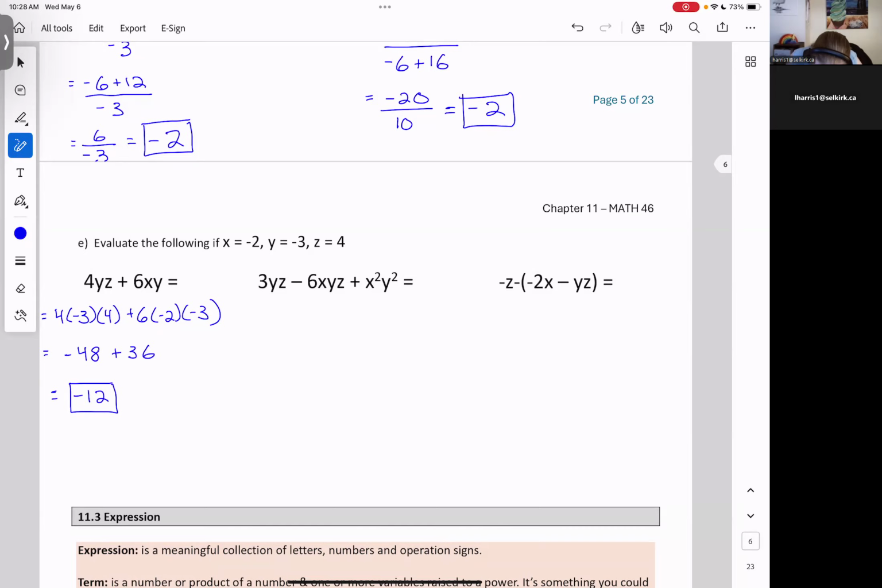So I'm just going to draw a line in here to separate these. We have 3 times -3 times 4 minus 6 times -2 times -3 times 4, and then plus -2 squared times -3 squared. And so we get, let's use our calculators,